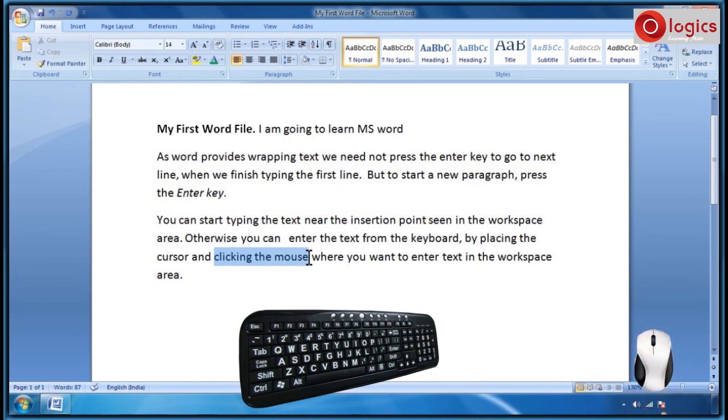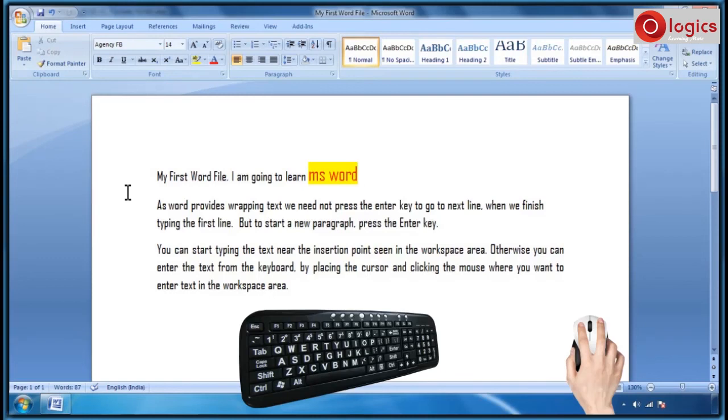Here I would like to make this selected text underlined. See how I am going to do using keyboard. Press Ctrl key and then press U. Let us see how to remove the text highlight color.